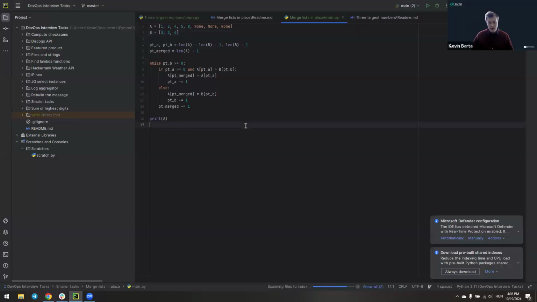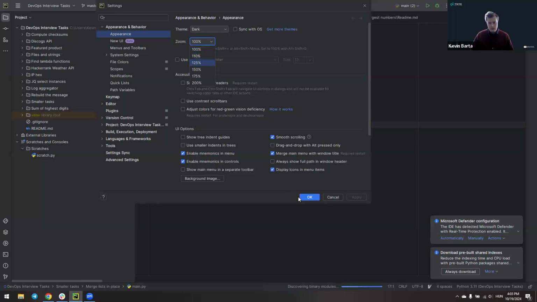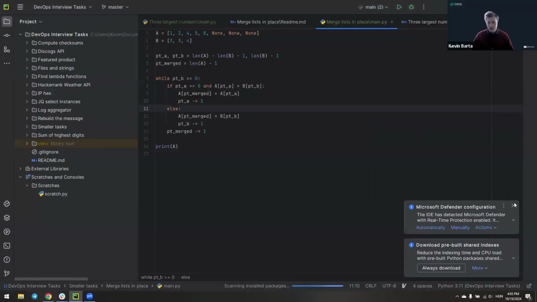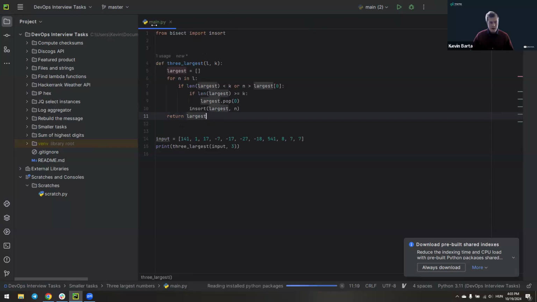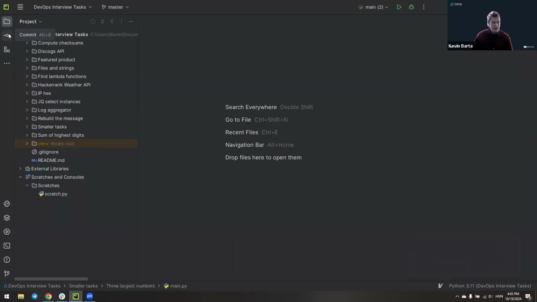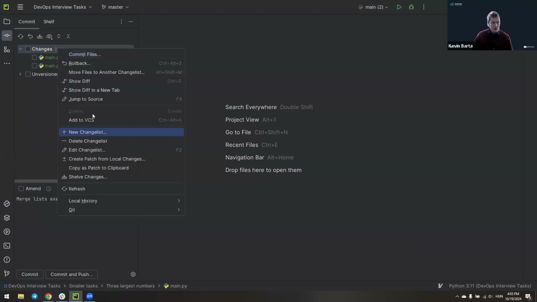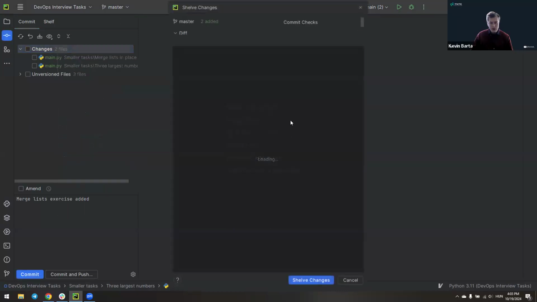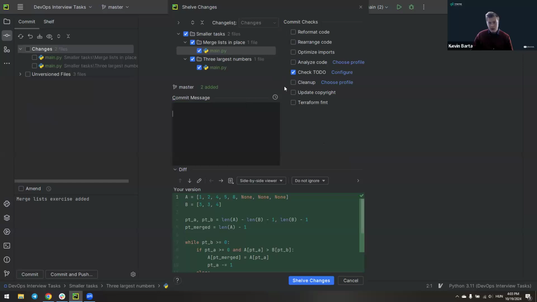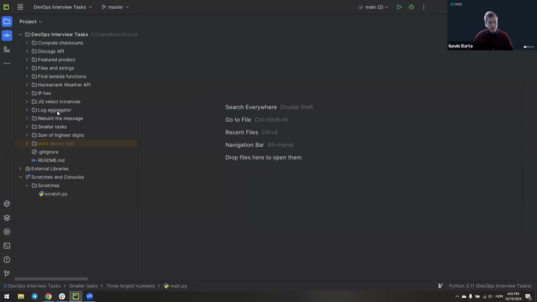And let me zoom in. So here we go, and bit of a spoiler alert. In fact, I'm going to shelve these changes for now. Here we go. So, first one, this was the first exercise they gave as part of this